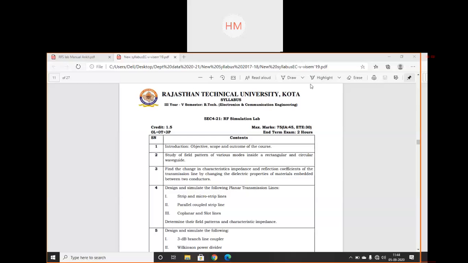Now there are so many types of transmission line, which includes parallel line, coaxial cable, planar transmission line such as microstrip, strip line. So classification is your parallel lines, coaxial cable, planar transmission lines. So here, next experiment consists of that only.